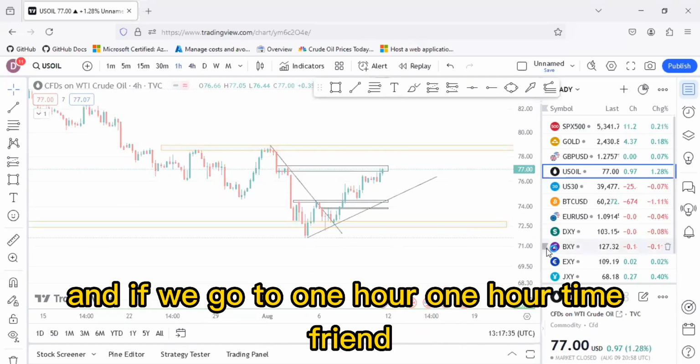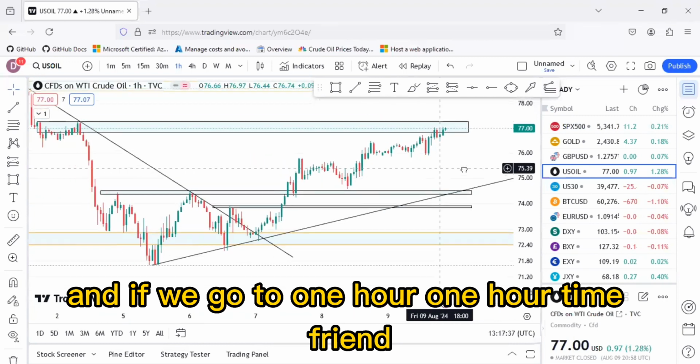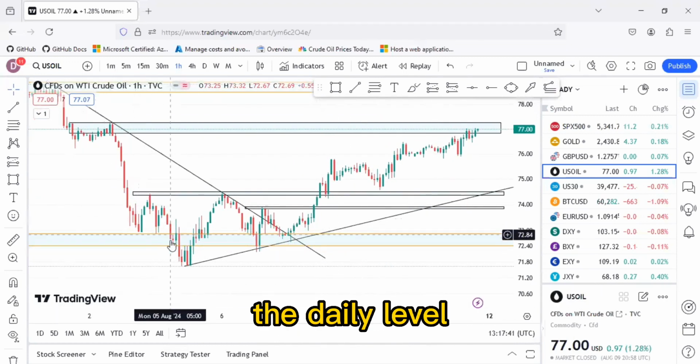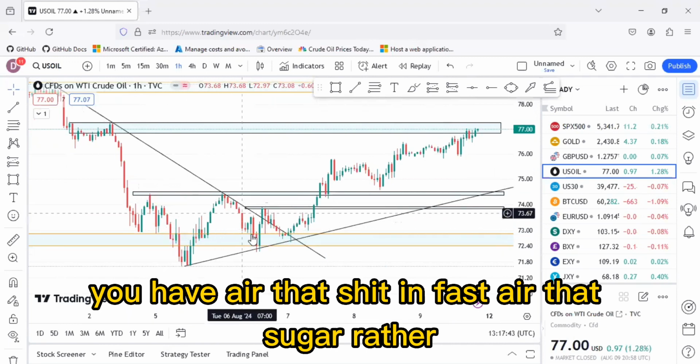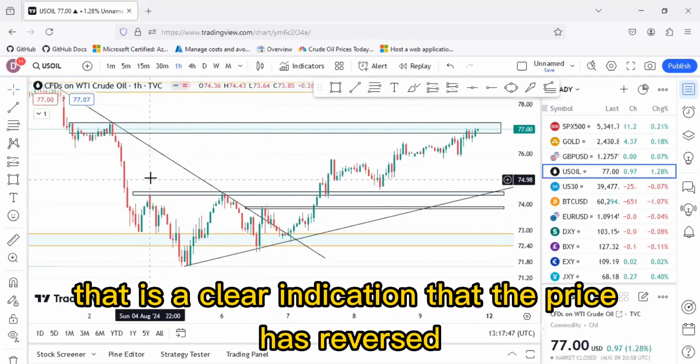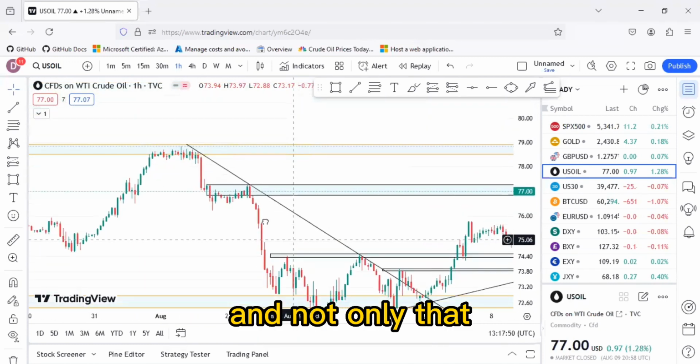And if we go to the 1 hour time frame, you can see the head and shoulder clearly on a daily level. You have an inverse head and shoulder, rather. You have an inverse head and shoulder. That is a clear indication that the price has reversed. And not only that, we have